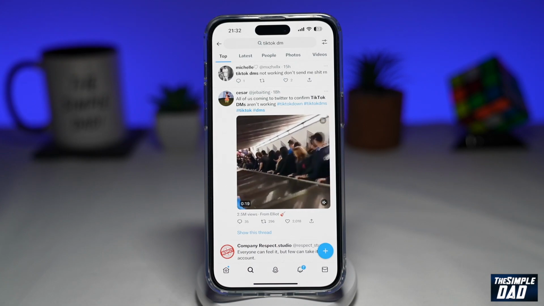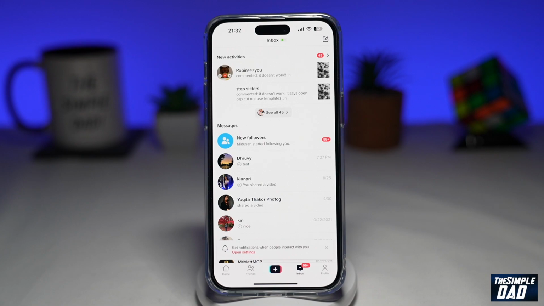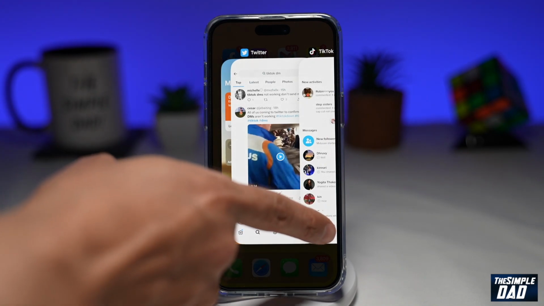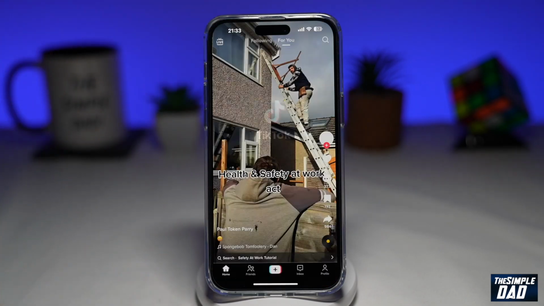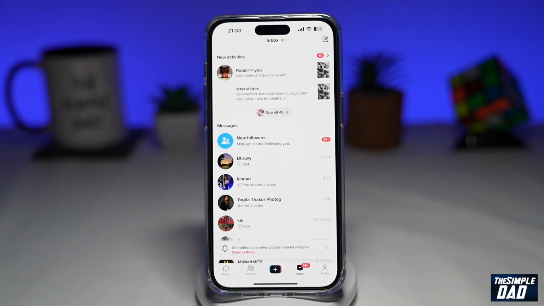So let me show you what you can try to resolve this issue. So the very first thing which you can try is to close the app and restart the app. So you can do this by opening the app switcher, swiping up to close the TikTok app. Now open your TikTok app again, then go back into your messages and try out if your messages are being